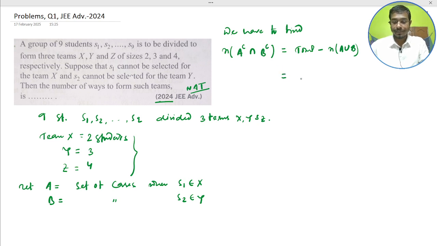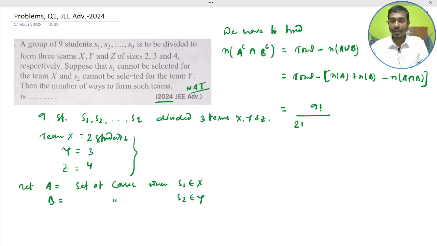So this would be the total as it is, minus n of A union B, which means n of A plus n of B minus n of A intersection B. Put all these values here. Total means 9 students, so 9 factorial divided by 2 factorial, 3 factorial and 4 factorial for the 2, 3, 4 teams. This is the beauty of permutation and combination. Minus